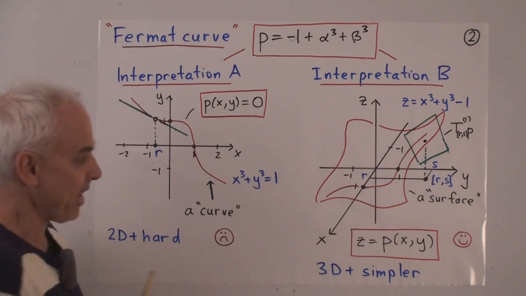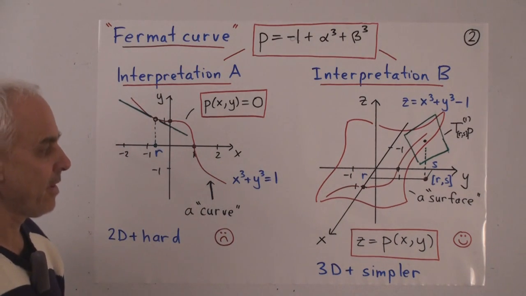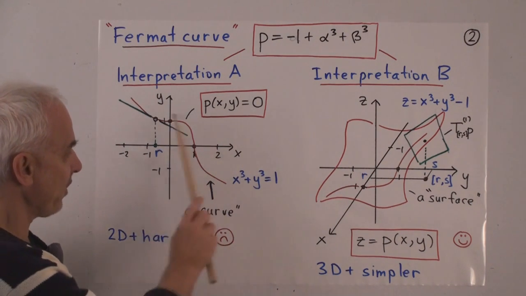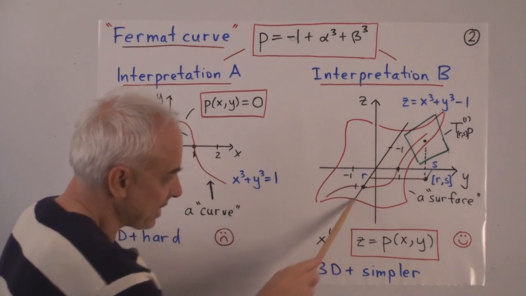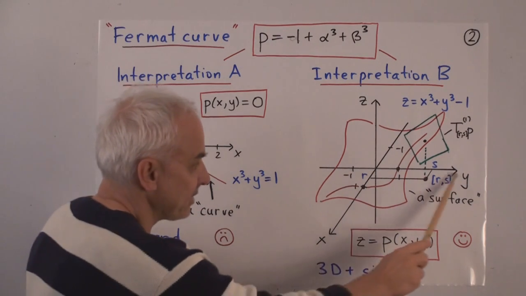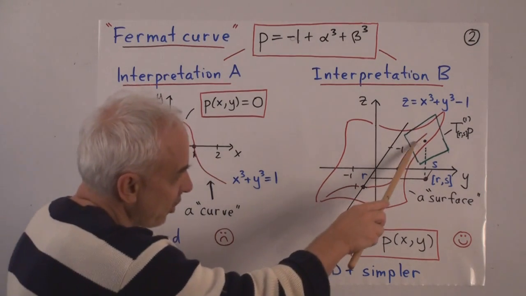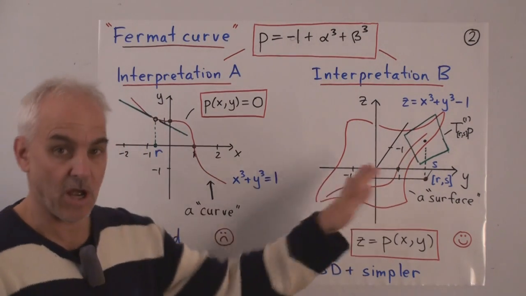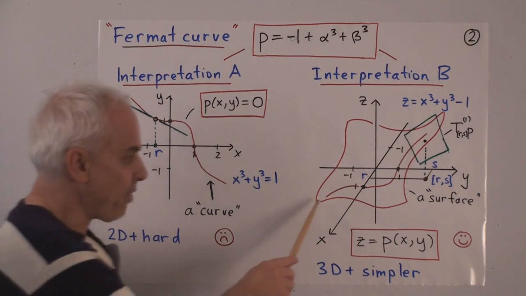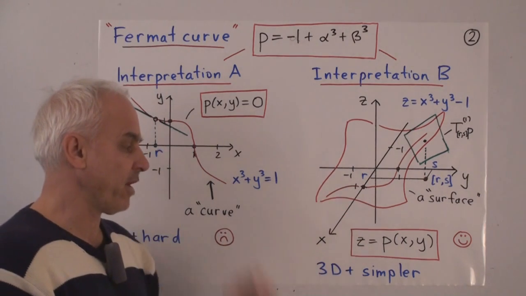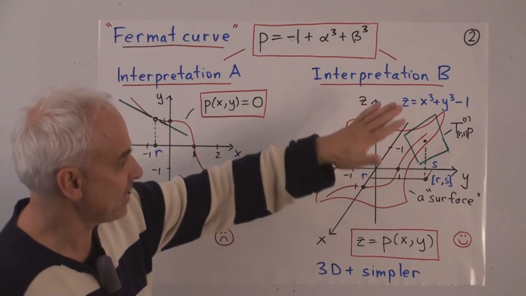So here's our three-dimensional picture, or at least a two-dimensional representation of it. The x direction coming out at us, the y direction in the board, the z direction in the board. So the xy plane that was visualized over here in this way is now visualized lying horizontally with the x-axis coming out at us here and the y-axis there. So what was the curve over here is now this red curve that you see lying on the horizontal xy plane. But that's only a part of the object over here. The object is actually the surface itself, and that's a surface in space.